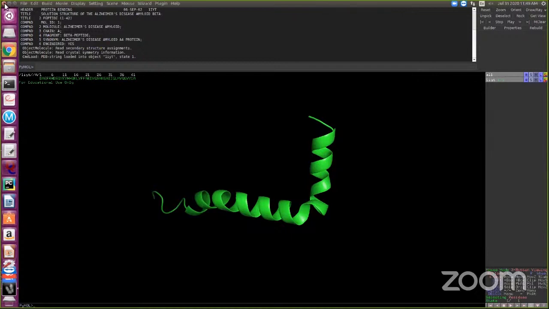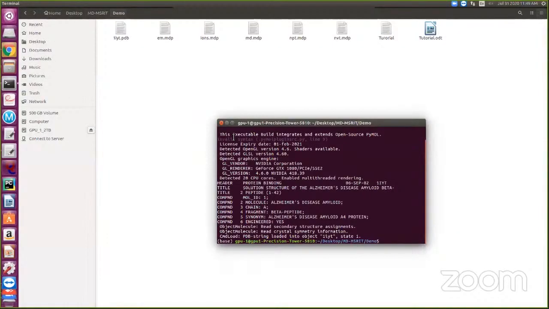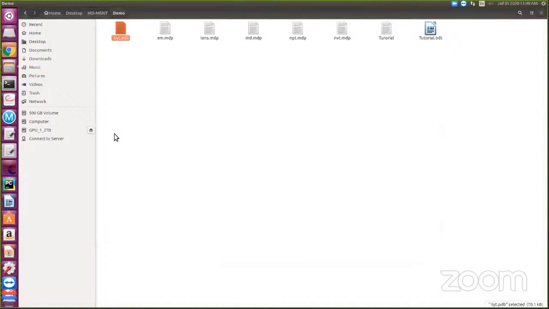For that, there is a website called the H++ server. I'm not going to show it because I already prepared it. Go to the H++ server, upload this PDB file, click process, type 7.0 pH and click OK, and you will get the structure. After that, you can keep it here. This is the already prepared structure. It is very important. So the first thing is, there are no missing residues.